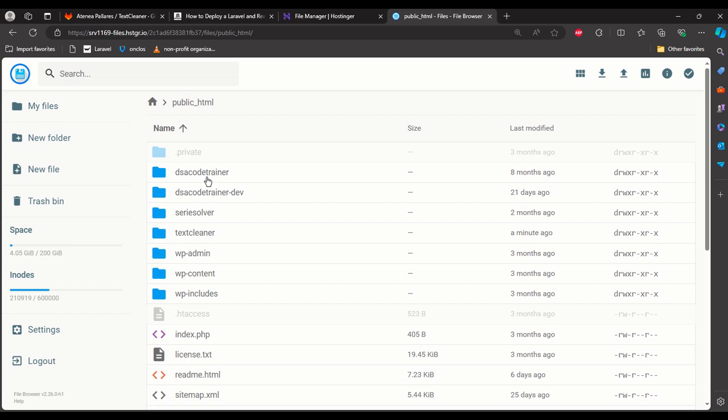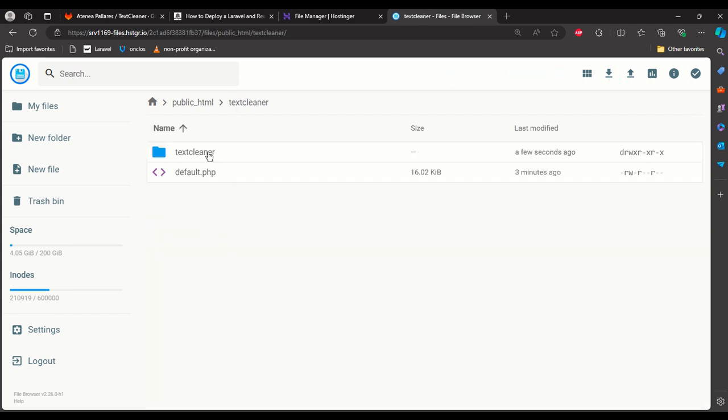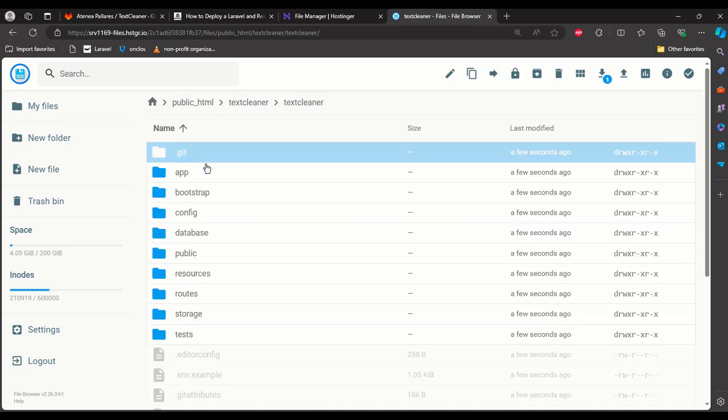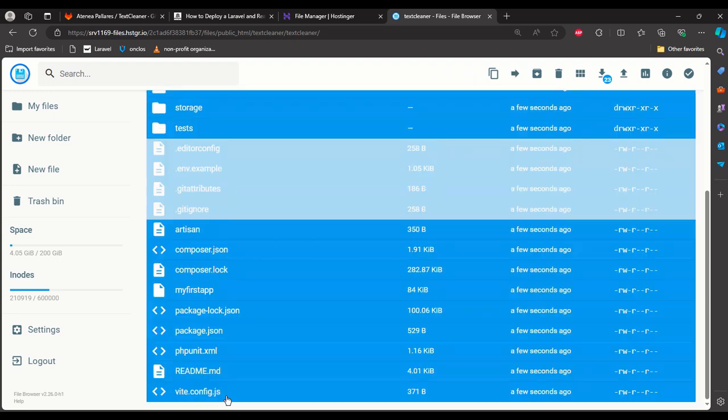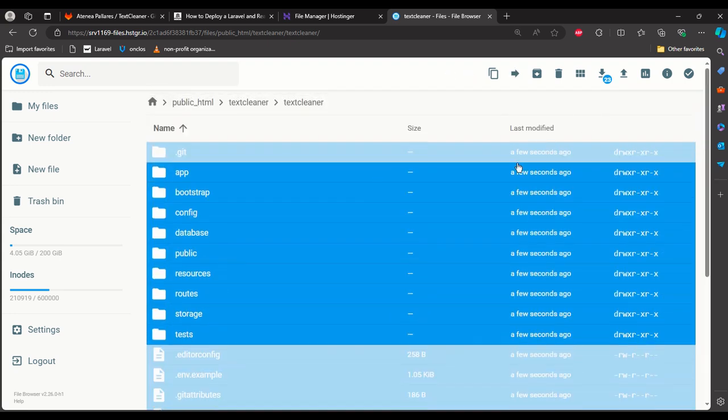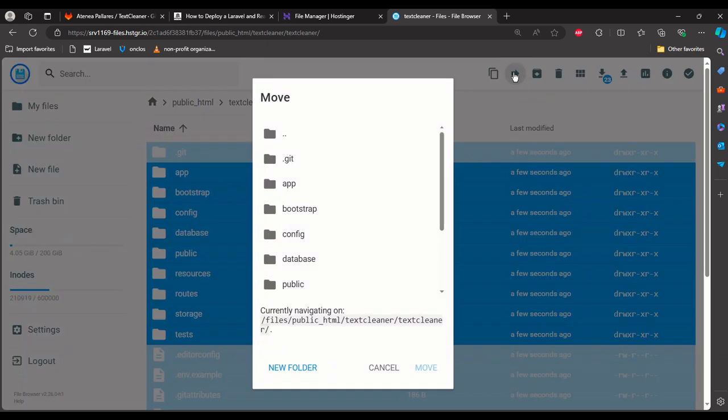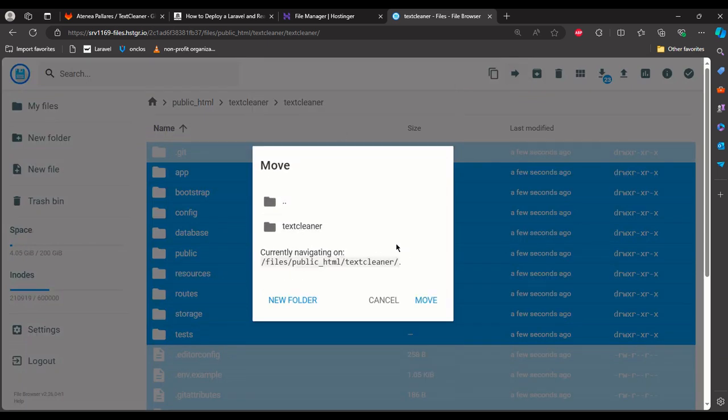So I'm going to move all of them to the root.